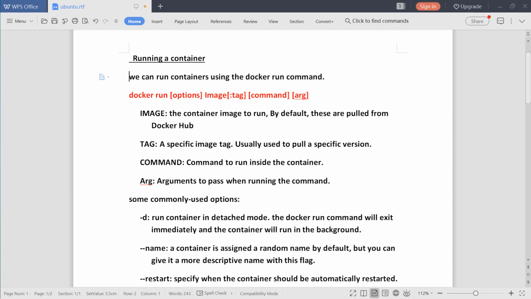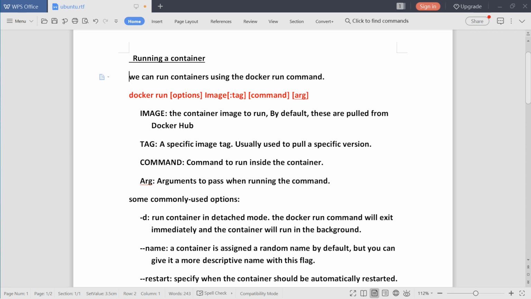Then the double hyphen name flag. Here options means we can use parameters, flags, attributes, any name is the same in the IT field. I sometimes use attributes, sometimes flags. Here I am using flags. Double hyphen name: a container is assigned a random name by default.